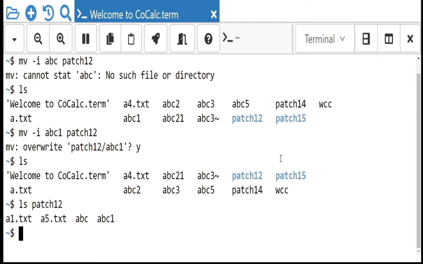Okay, let me create one file with the name a1.txt.